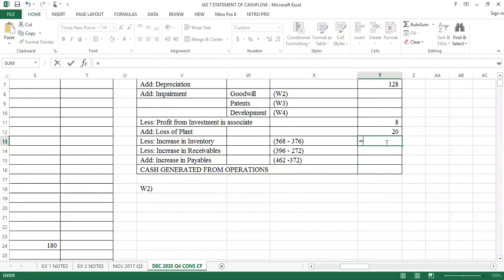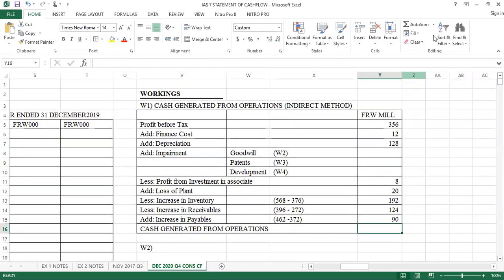So that one is equal to 568 minus 376. We get 192. This one is 396 minus 272. I hope I'm right there. And this other one is 462 minus 372, which is 90. So what we are remaining with actually,